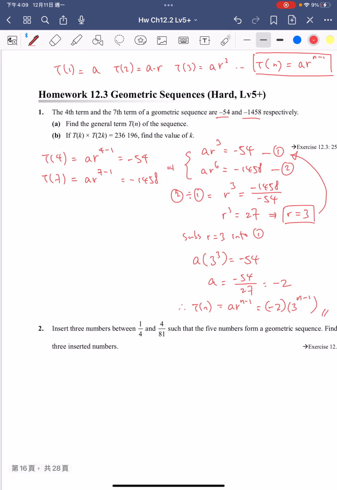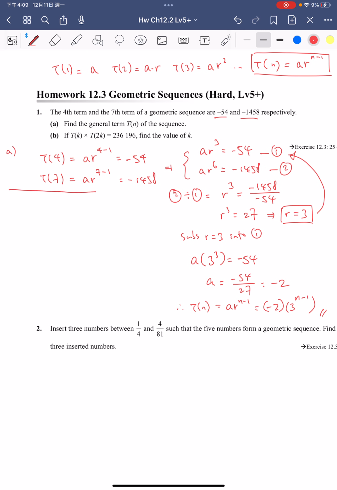And then for the second part, we just do it here. For the second part, we have the equation tk times t2k is equal to this huge number, isn't it? So try to substitute the things inside. We have tk times t2k, so this is just equal to ar to the power of k minus 1 times ar to the power of 2k minus 1. And these two things multiplied together will give you this 6-digit number,